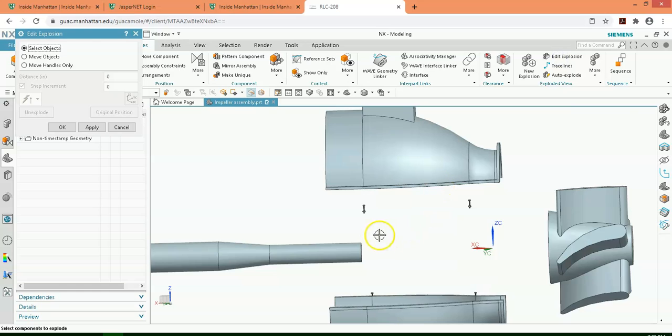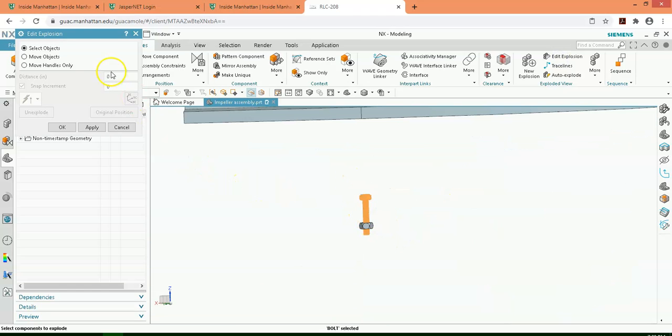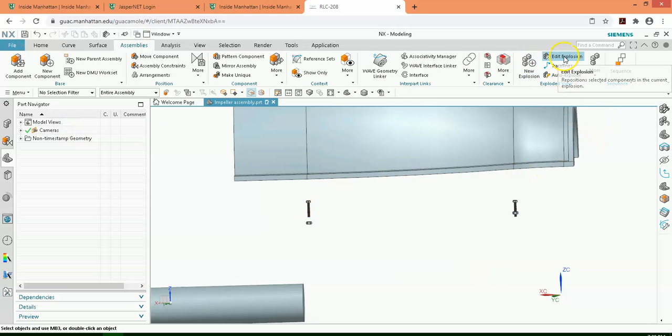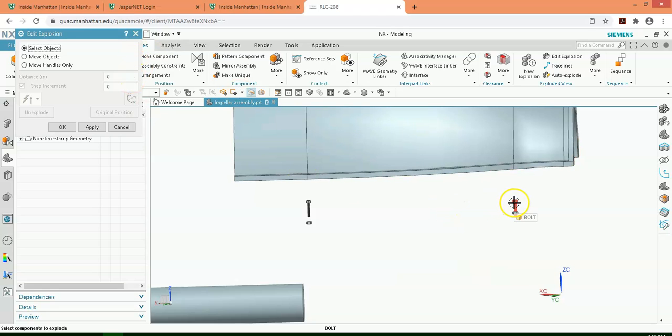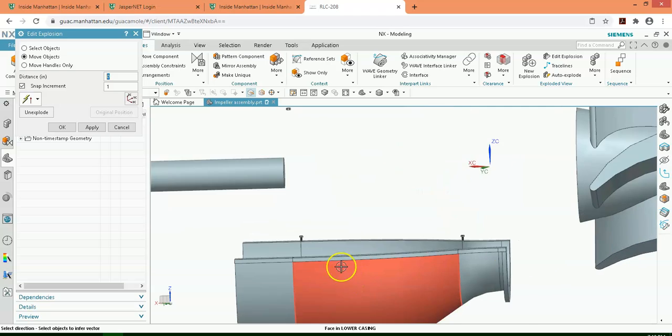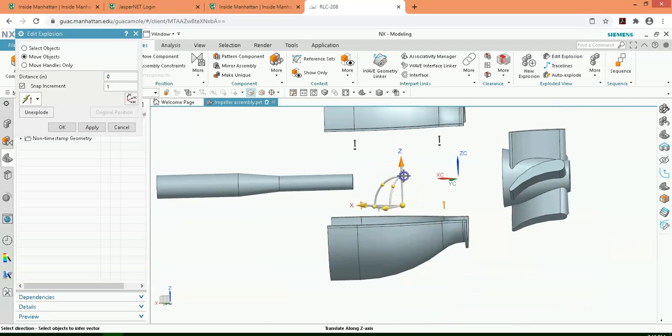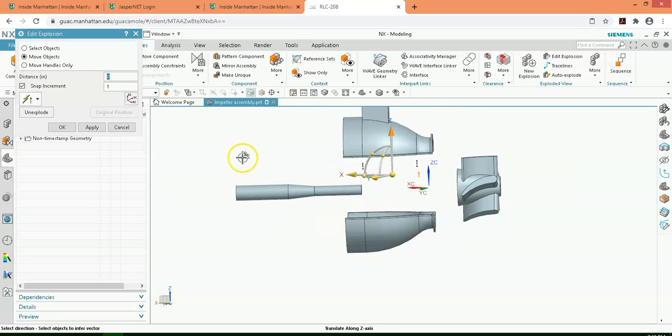close this dialog box, again Edit Explosion, select the bolt, move it in Z direction, apply, select the other bolt and move it, this time I would select both of these bolts and move them in Z direction, apply,